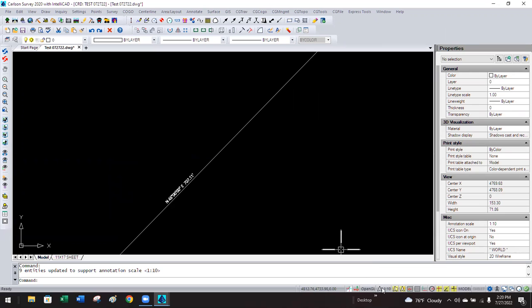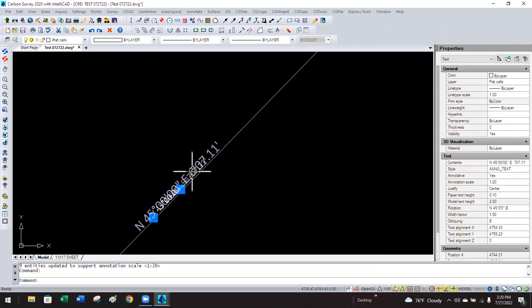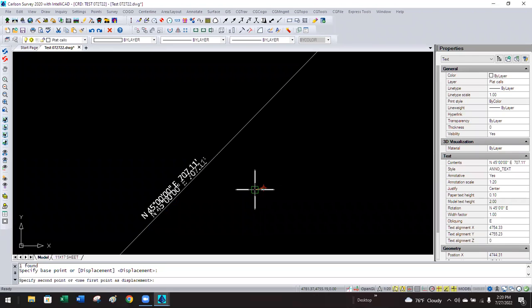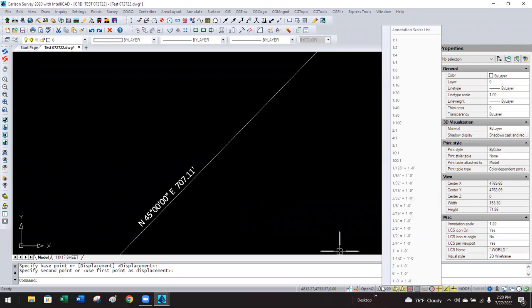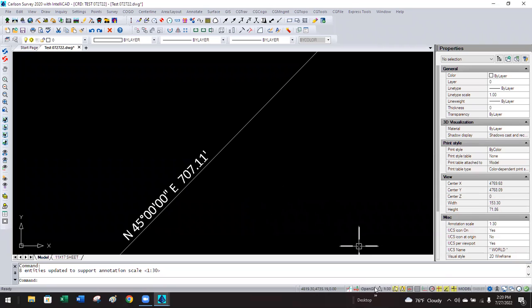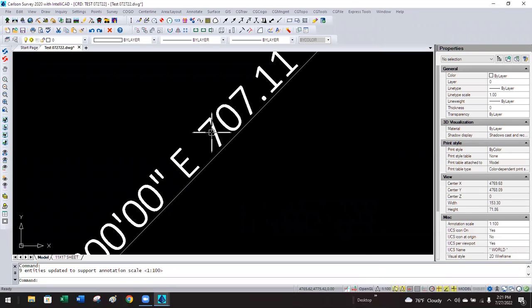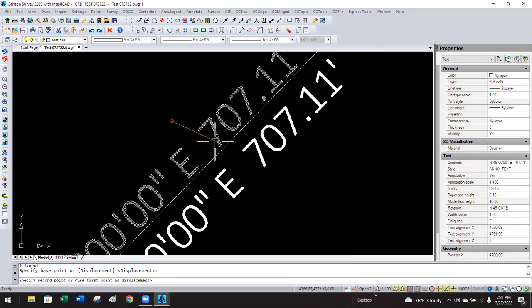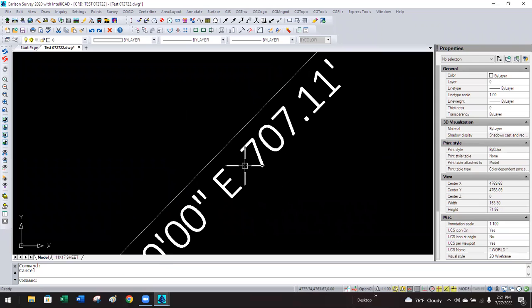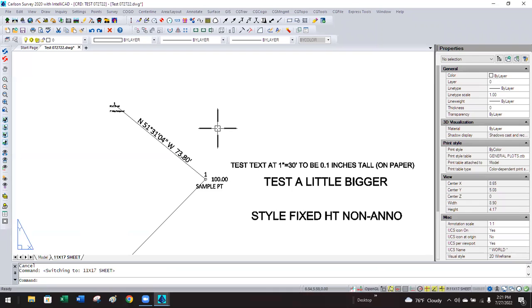There's one for 10 scale. There's the one for 20 scale. Let's move that off the line a little bit. And then finally, let's see, we didn't do 30. There's 30. And then finally 100. And let's move this one even down here. All right. So now, anytime those scales change,